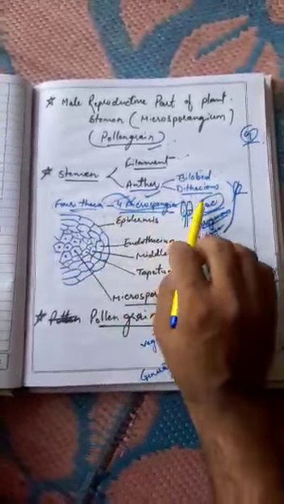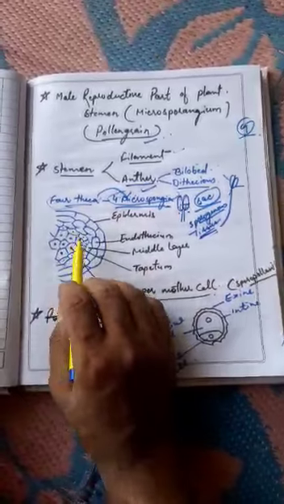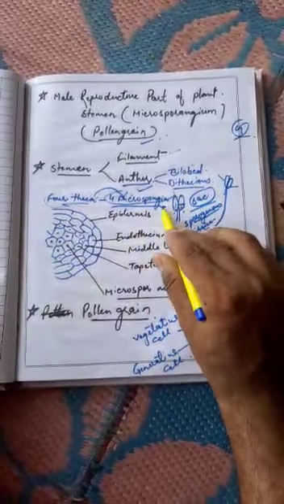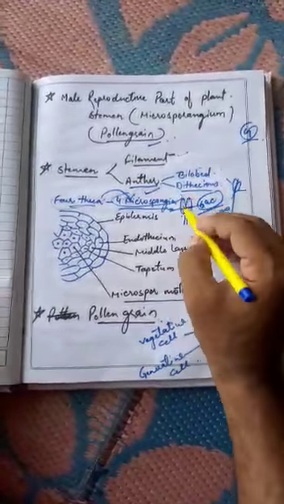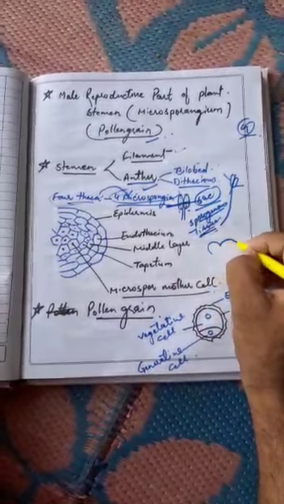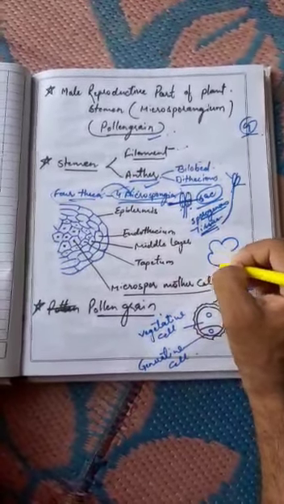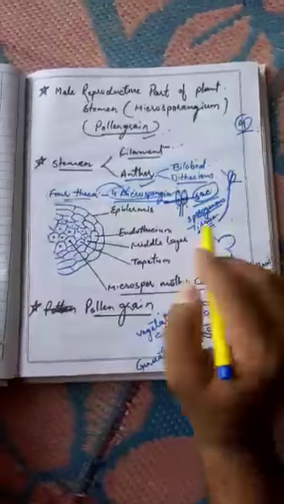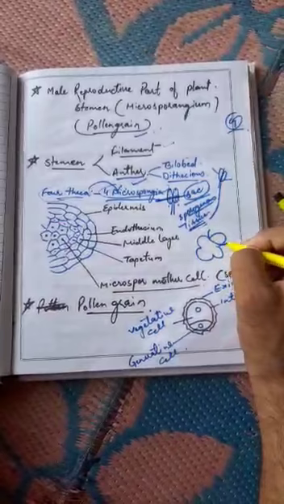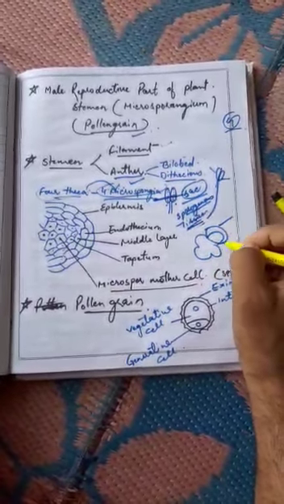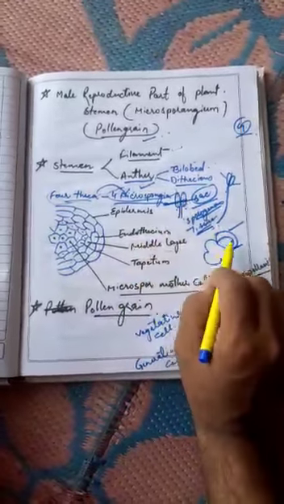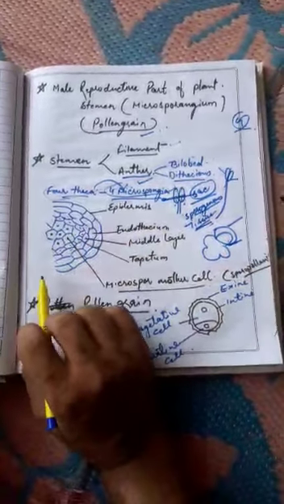Now, if we talk about only one sac or one microsporangium, there are 4 microsporangia. If you cut this theca like this, then you will see the transverse section of one anther like this. The structure which I have made is a structure of only one section, that means of one theca only. Only one theca structure I am going to show you here.